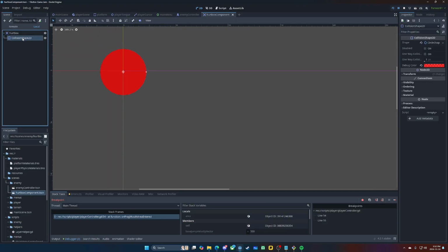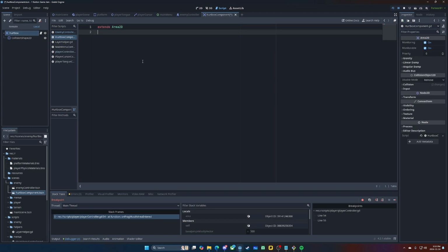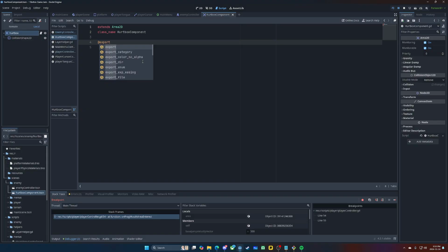And this is where components come in handy, but we're going to add a script here. This will inherit area 2D. Hurtbox component for consistency. This should be in scripts. There we go. We're going to give this a class name as always, hurtbox component. The first thing we're going to do, and export a variable that's going to be